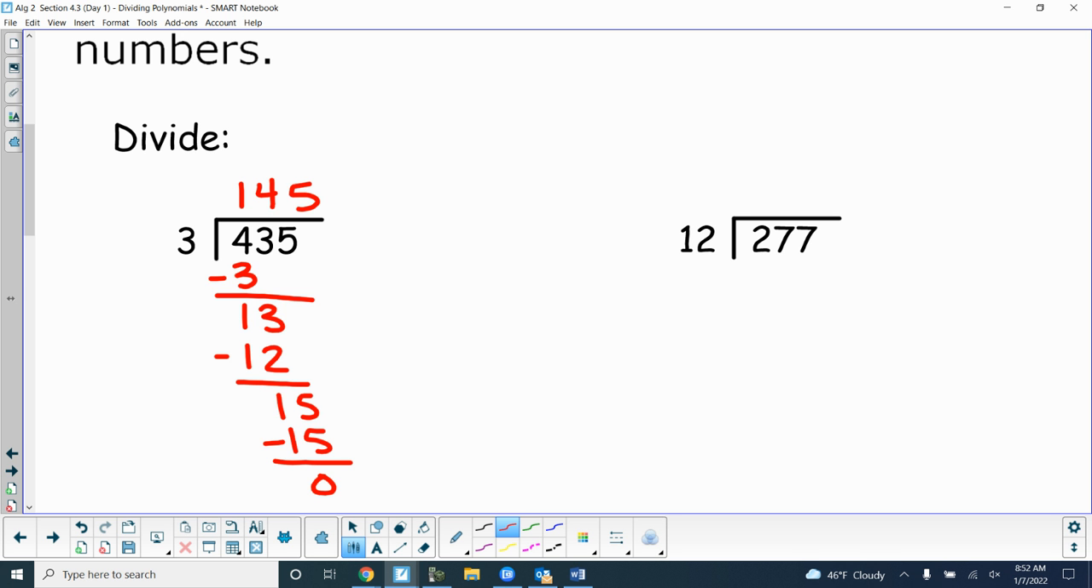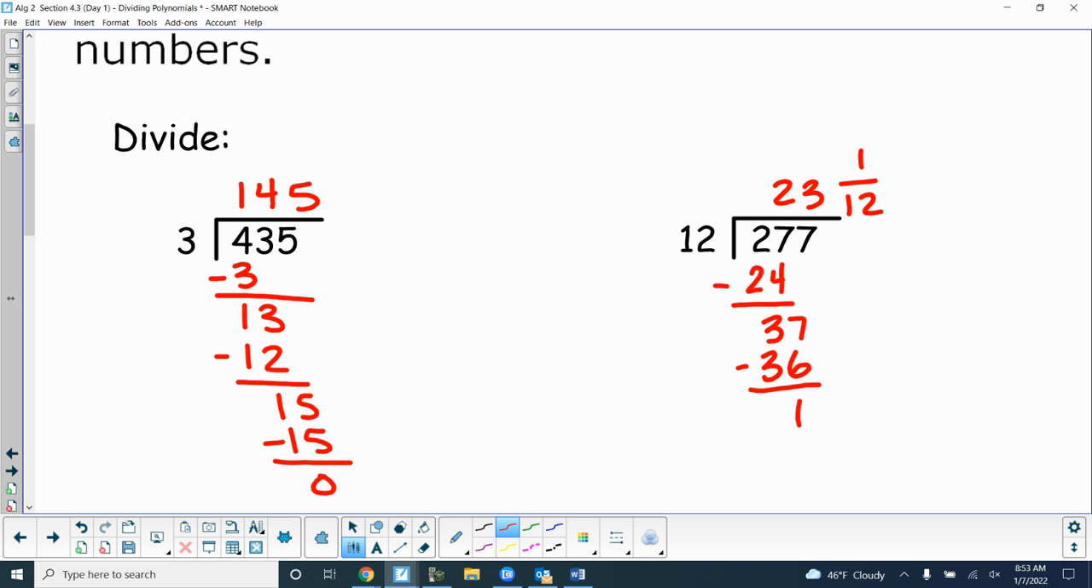Here, I ask myself, how many times does 12 go into 2? Doesn't. So then I ask myself, 12 goes into 27 how many times? Twice. So I put a 2 up here. 2 times 12. Subtract. Bring down the 7. How many times does 12 go into 37? 3. 3 times 12? Subtract. 1. So we put our remainder